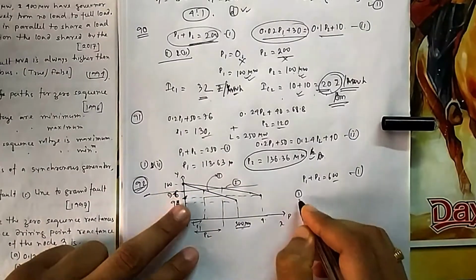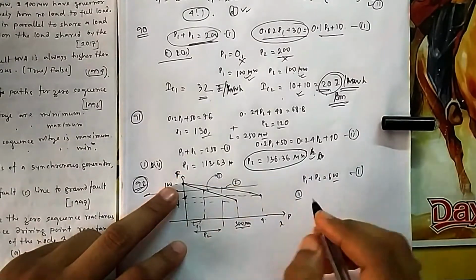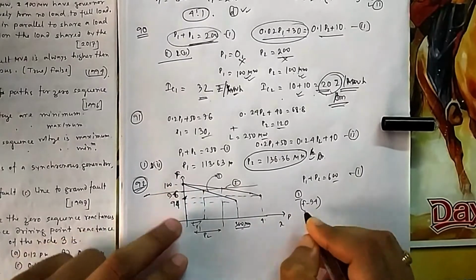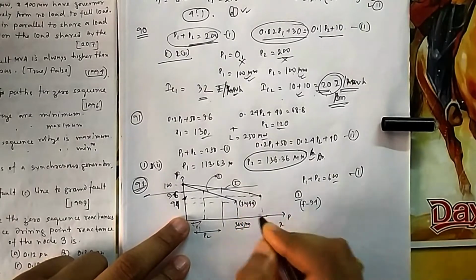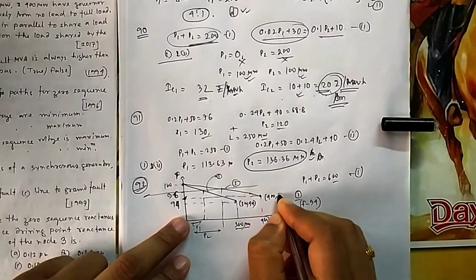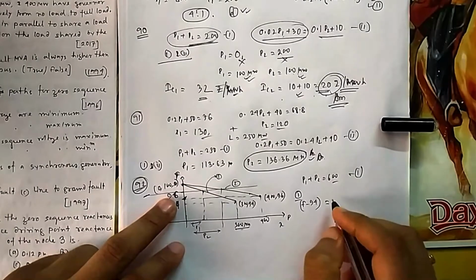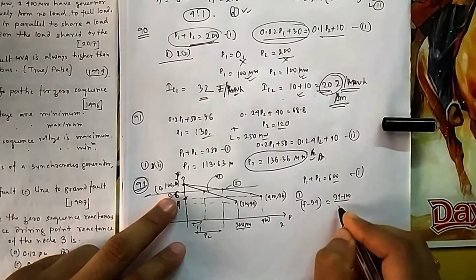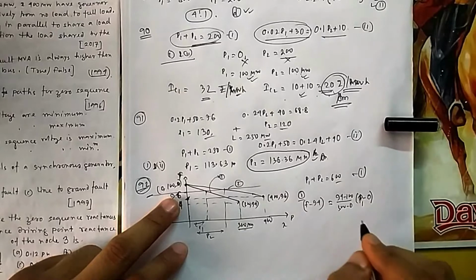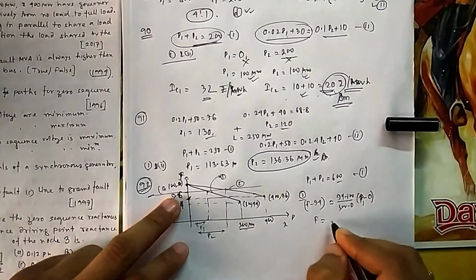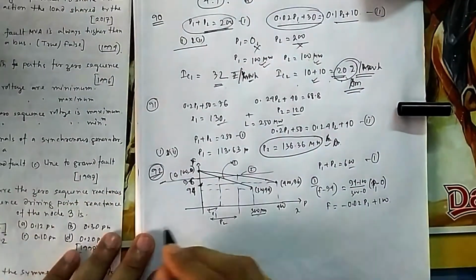First, for line 1, you can write the two-point formula. If I write capital F as the frequency, it is F minus 94, Y minus Y1. What is the coordinate of this one? 300, 94. What is the coordinate of this one? 400, 96. And this is 0, 100. So F minus 94 is equal to (94 minus 100) divided by (300 minus 0) into (X minus 0). X is my P1. So if you do this, you will get F equal to minus 0.02 P1 plus 100. Similarly, you can do it for the second equation also.